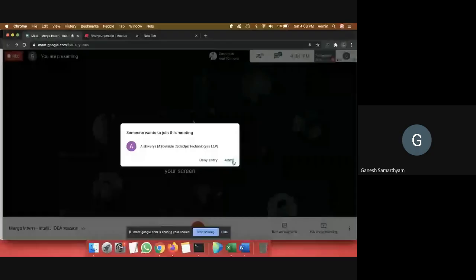Start the session on hands-on programming in Java. So what I understand from the discussion in the chat is that there's a mixed set of audience here. Some are new to IntelliJ IDEA, and some of you have been using IntelliJ for more than 5 years, for example. So a lot of mixed audience here. So to make everyone benefit from the session, I will not be assuming anything and will start from scratch, as much as possible.